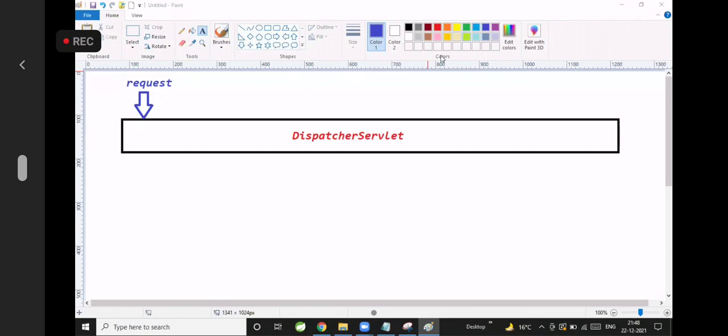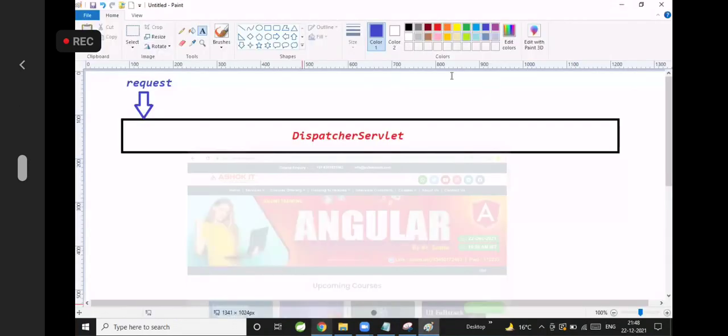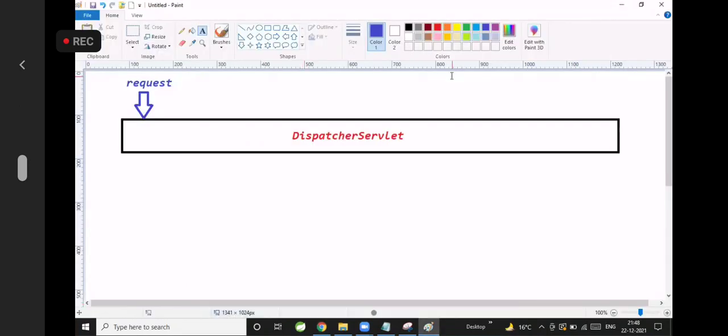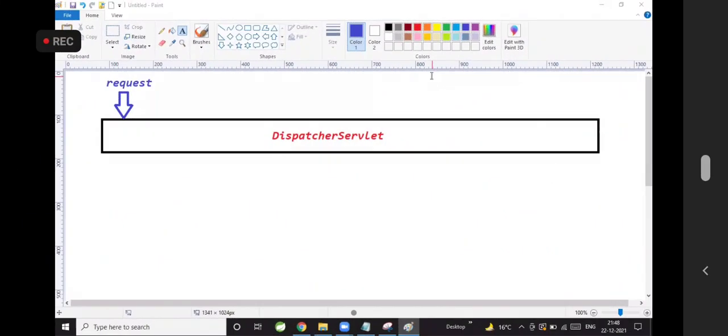Whenever the dispatcher servlet receives the request, it is responsible to handle it. In our application, multiple Java classes will be available to handle the request, not just one.